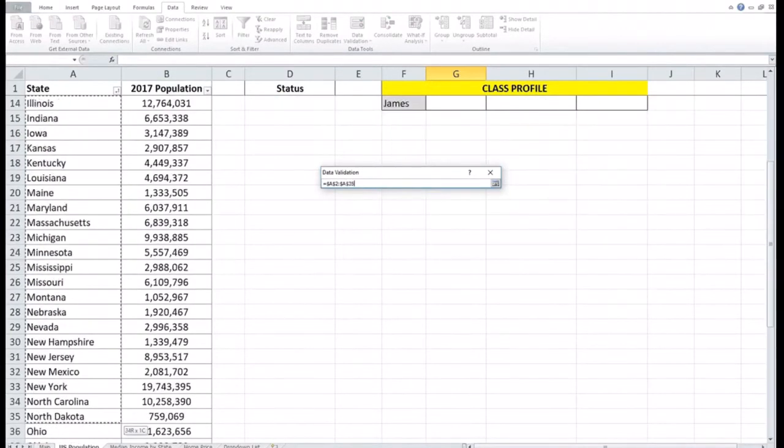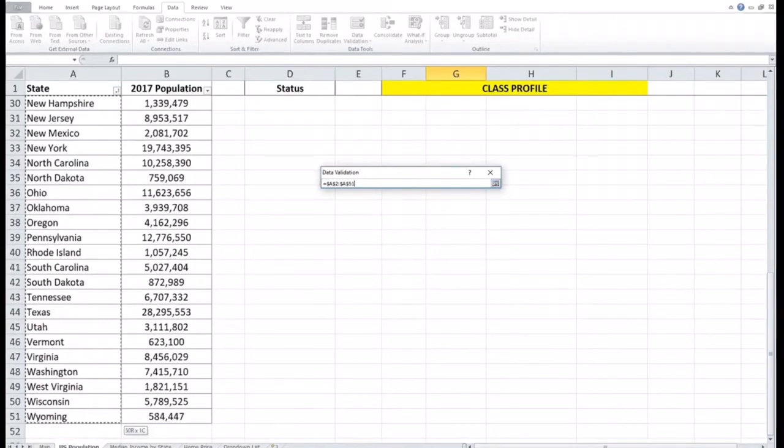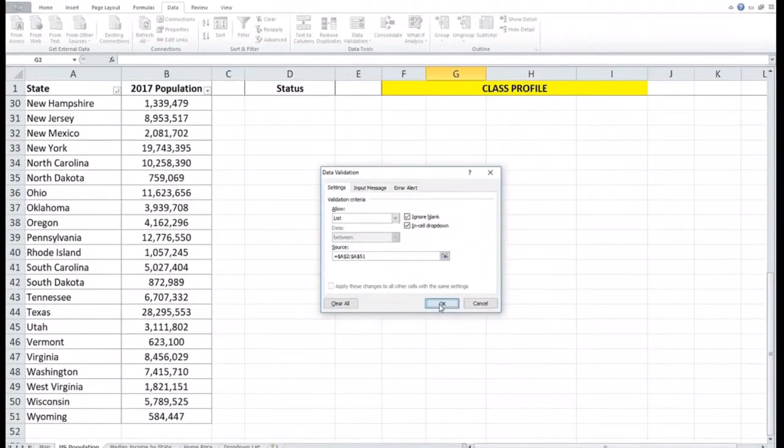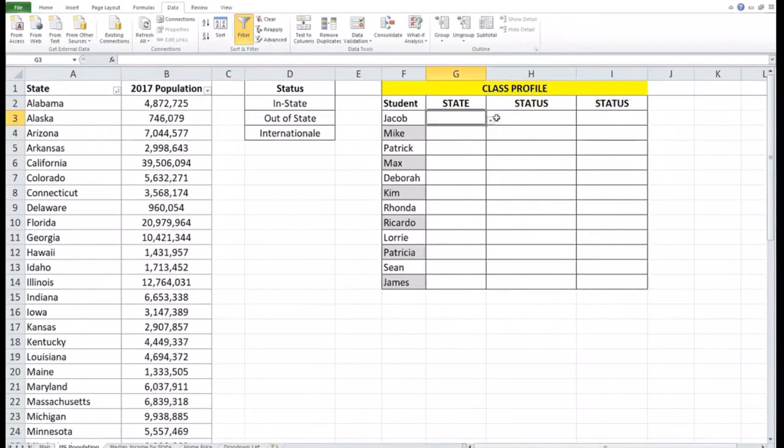So we're going to select this table of all the states that we have. Then I'll click OK, and you'll see the drop-down icon showing, and I can drag it down for all students. Now I can make my selection: